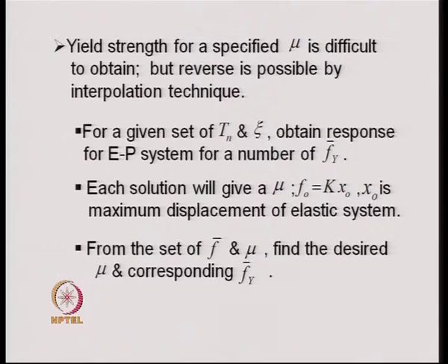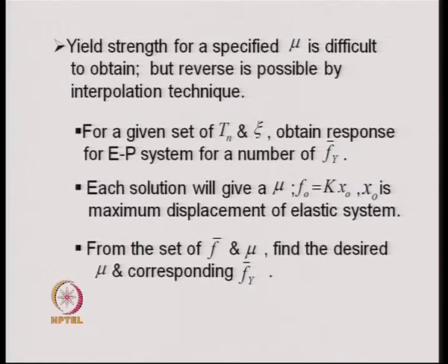So, that is a very important statement. We want to define the response spectrum for a specified value of mu. However, it is very difficult to find out the yield strength for a specified value of mu, but the reverse thing can be done